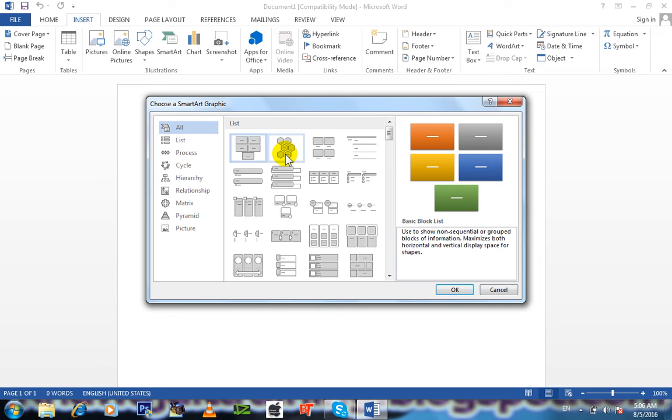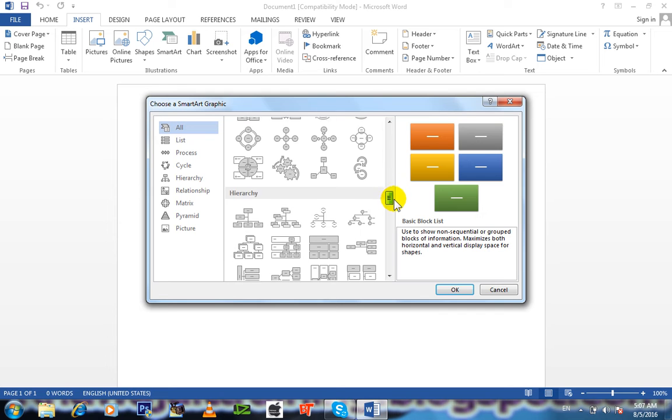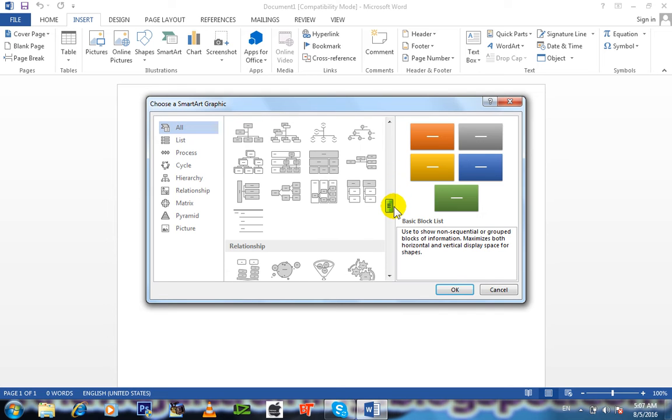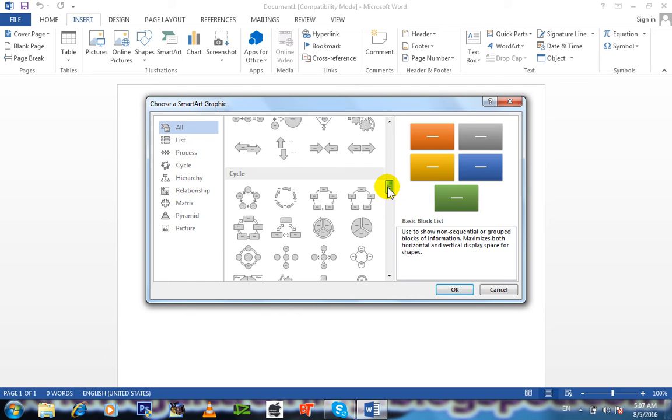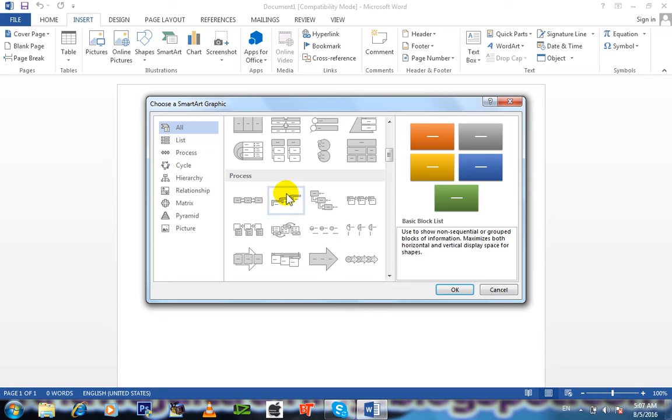After clicking SmartArt, you can see that many smart arts are given. Here all the smart art names are given. If you want to add data to any smart art, simply select the smart art, and after selecting,